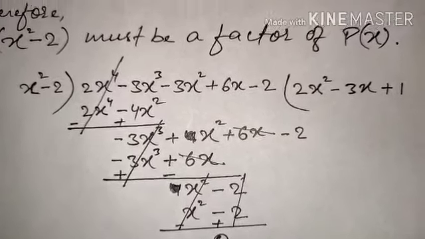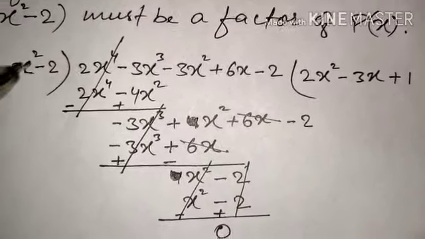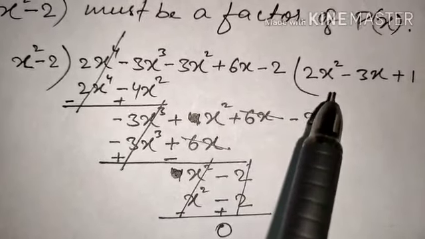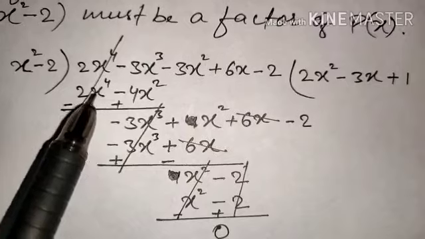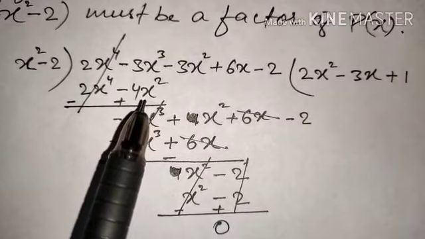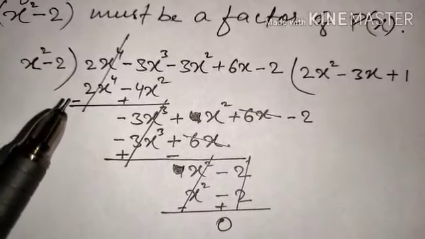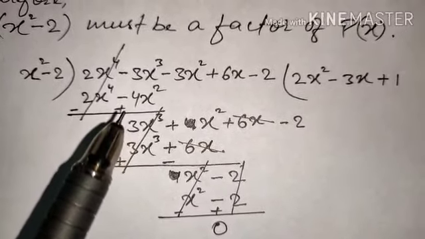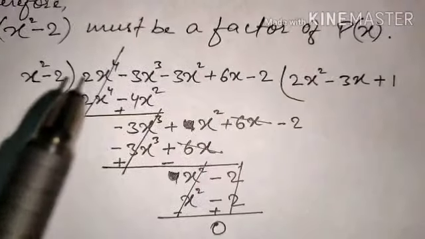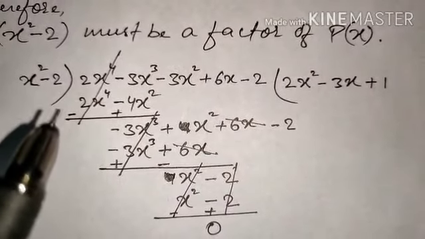Now what are we going to multiply with x square so that we'll get 2x to the power 4? Obviously we'll multiply x square by 2x square, so that it becomes 2x to the power 4. We had done it, and after that this 2x square is going to be multiplied with minus 2. So we get minus 4x square. So these two will cancel. This thing I had already discussed with you people, why we are changing the signs. Again I'm just reminding you, because this expression is going to be subtracted from the dividend. So a minus sign will be put in front of this expression.